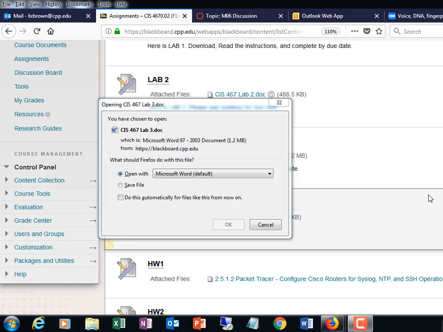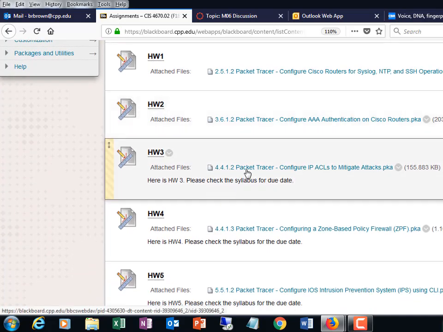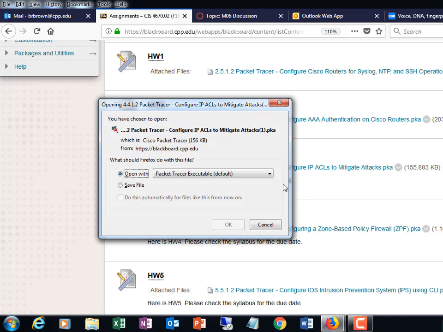Okay, so welcome to week 6, and this week we're going to go over homework 3. All right, and I got to get the right homework here, not the lab. There we go. So this Packet Tracer utility is really important because this is the cornerstone of how access control